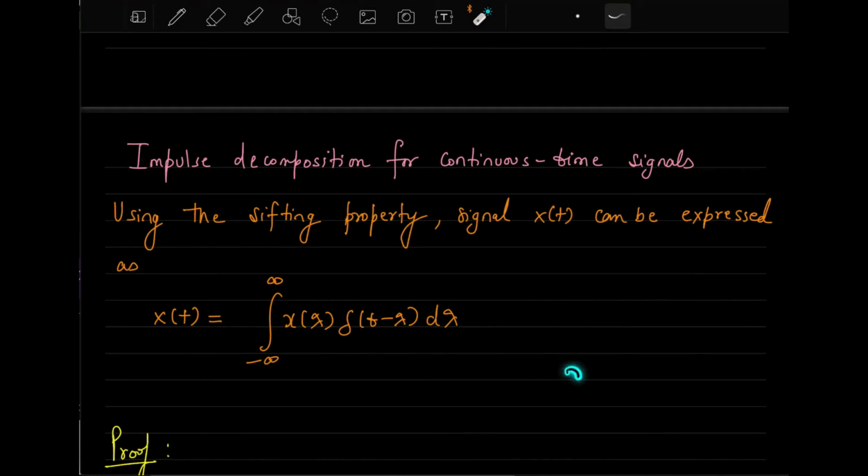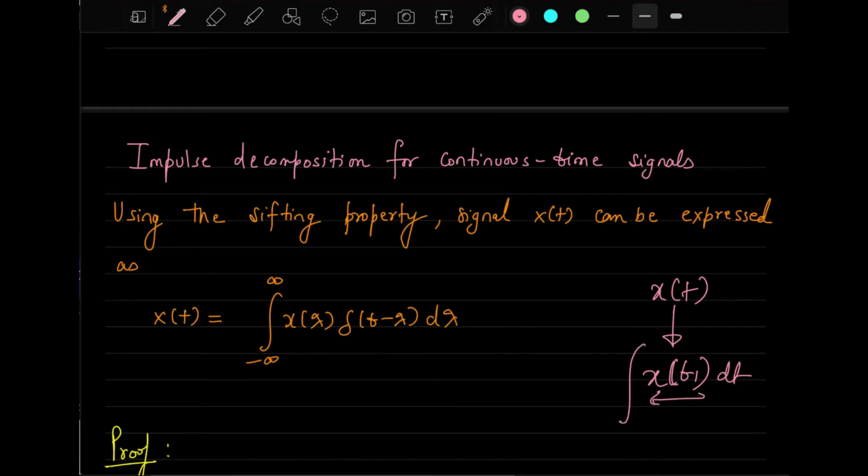Yes. Actually, this one, if you see, is a particular instance of x(t). Here you are taking x(t), let us say. For that particular instant, you have this x of t1 in the earlier case. But now what you are doing is you are integrating for all the values of t.